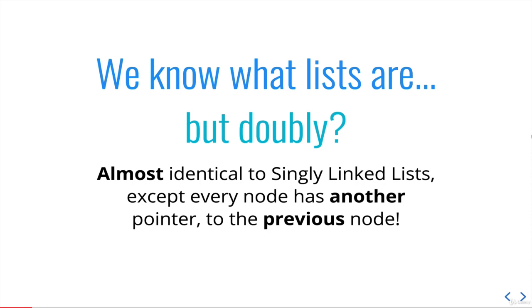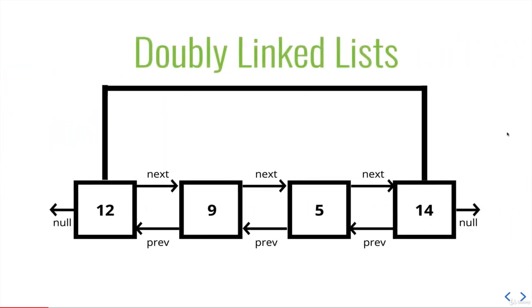Instead of just pointing to the next, it looks more like this. So we have a head pointing to the next item, and then it also has a previous pointer, but there's nothing because it's the beginning. So then our second item points to the next item, but also to the previous item. And all the way down to our tail, the last item, it has no next, but it has a previous. So as I already mentioned, it's a tiny change structurally to each node, just one pointer pointing to the previous node in each node, but it has a large impact on some of the code we write and the efficiency